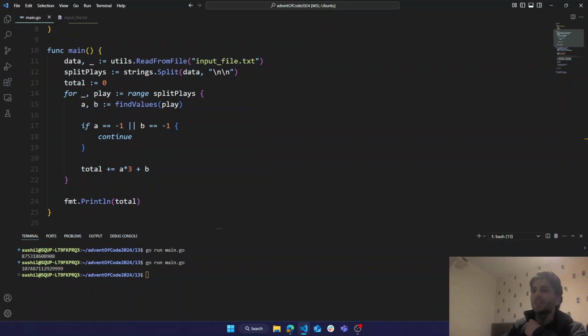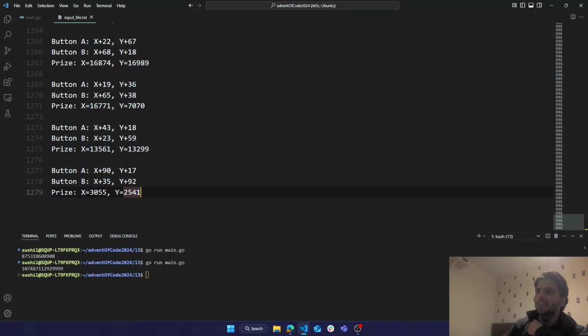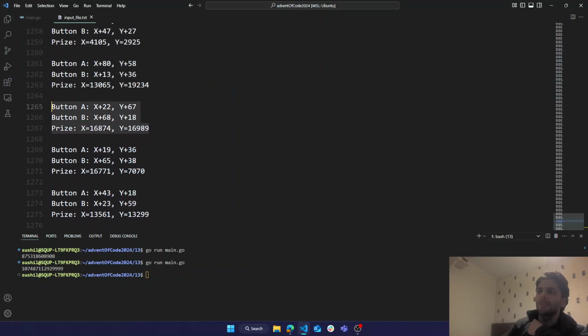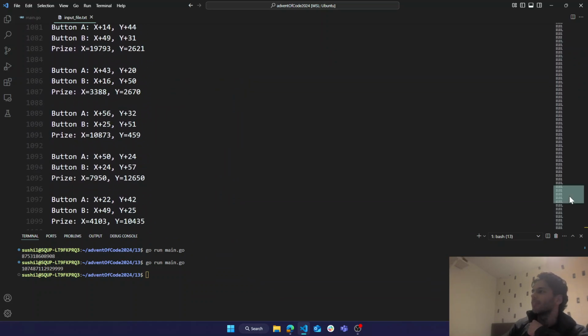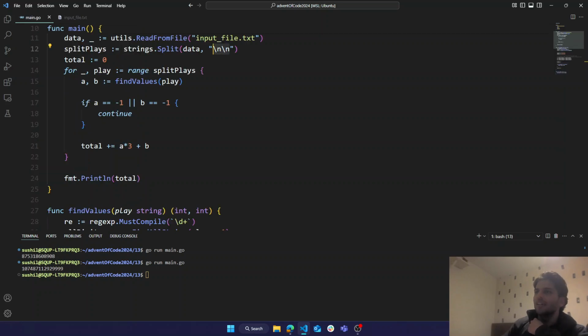Okay, so we go in, do our normal thing, get the file. I separate by two new lines to get the first play, right? So something like this. This is what separating by two lines will give you. It'll just give you this part. And then once I do that, I will go through each of those strings, and then I'll call my find